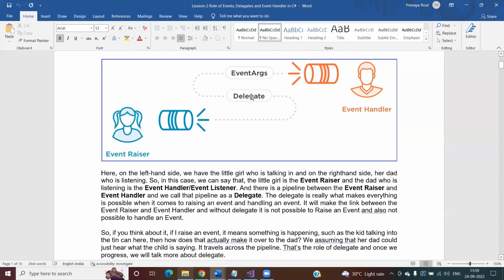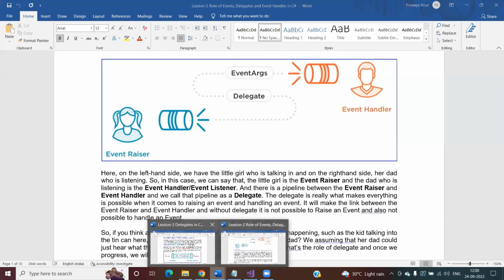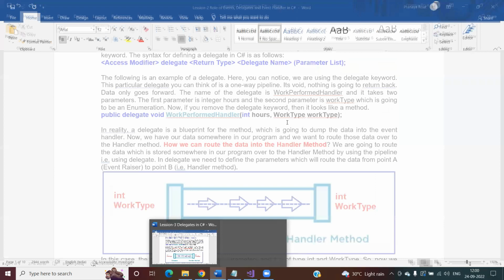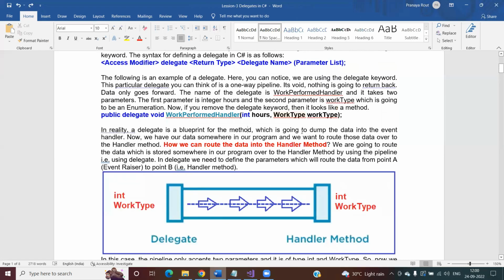delegate, right? So delegate is nothing but the component which is making the link between your event raiser and event handler, right? And from the delegate only your event handler is going to get the data. Or in other words, whatever event handler method is registered with the delegate for this particular event, this delegate is going to dump the data into those methods, right? So in simple words, delegate is basically going to dump the data into the event handler method,